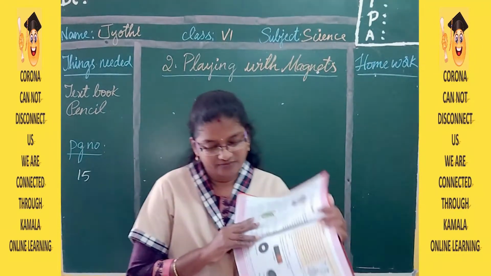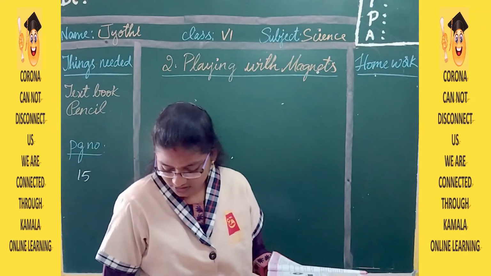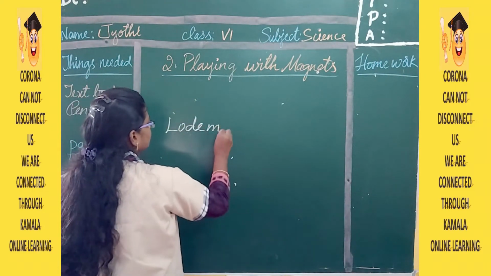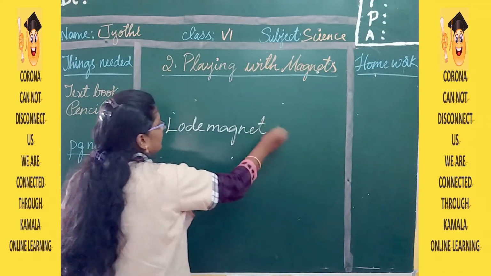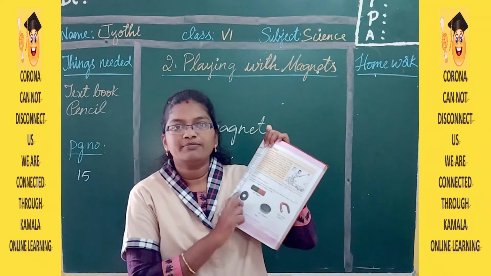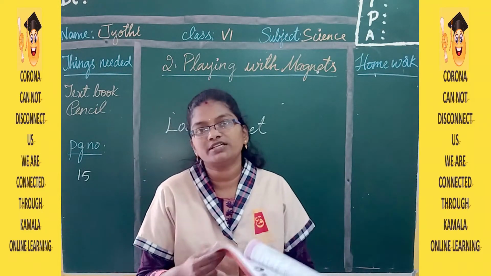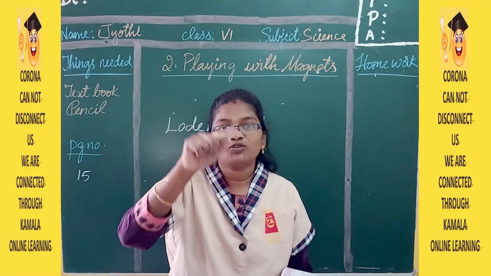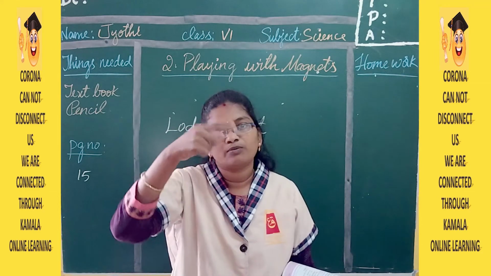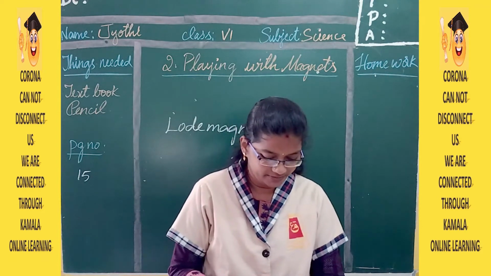So already we have learned that the natural magnet is called lodestone, and it is a stone. And here you can see man-made magnets of 4 different shapes. Not only these shapes, you can even have other shapes also. Like in stationery, you have a magnet of an egg shape, a star shape, a moon shape, right? So different shapes of magnets are also available.